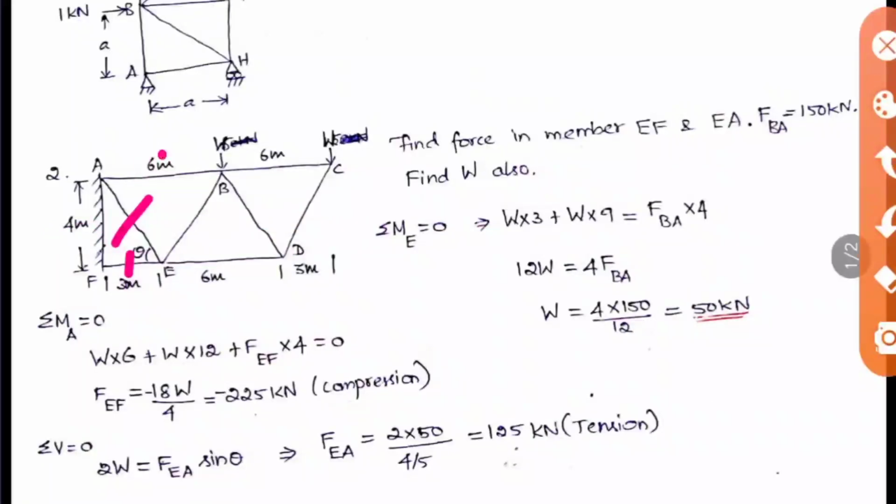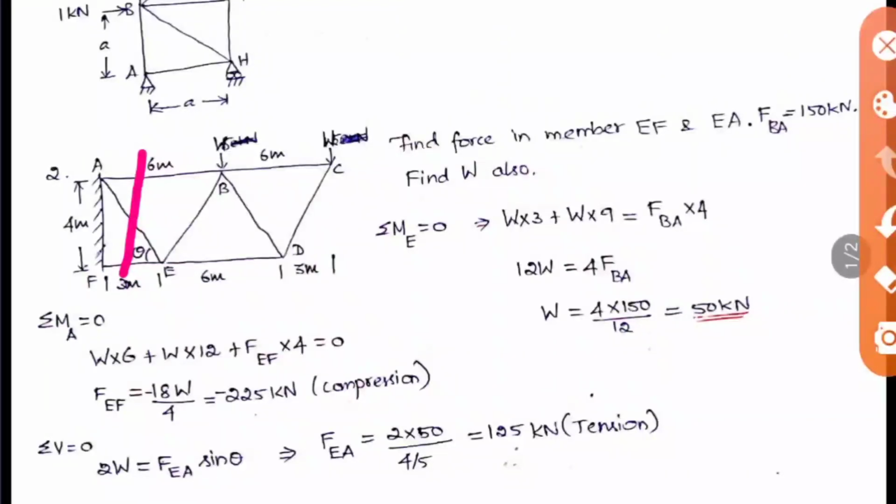So when we take it like this, it passes through only three member forces, out of which we already know one member force, so it is very easy for us. So only two unknowns will be there. So we are going to take the section there only. Okay, so I am taking the section here. So now at first we have to apply the summation of moment at E equal to 0.